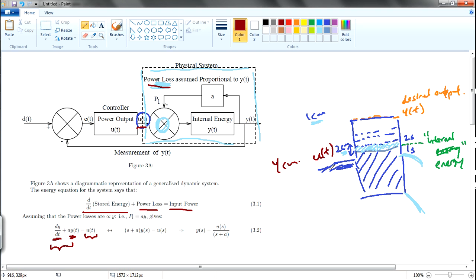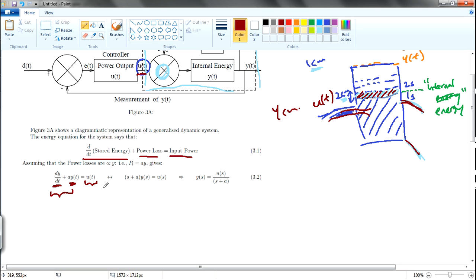The amount of input that goes into this system, some part of it will give rise to the height of the tank, part of it actually becomes losses. So if you sum up the losses and the part that gives the rise, it will give you the input power, the amount of input power you have. So if you were to rearrange, if you were to make it a Laplace transform, okay, you eventually get